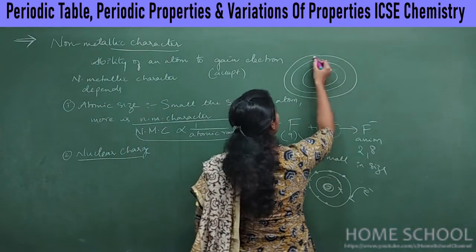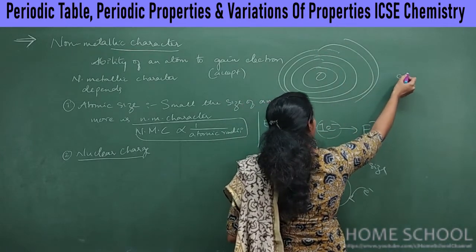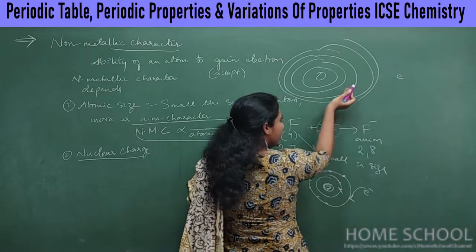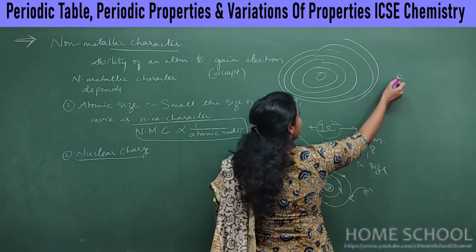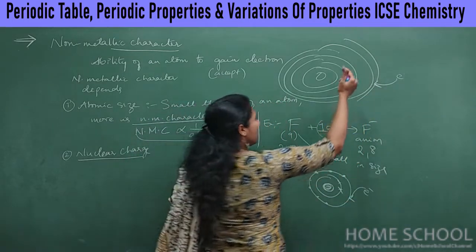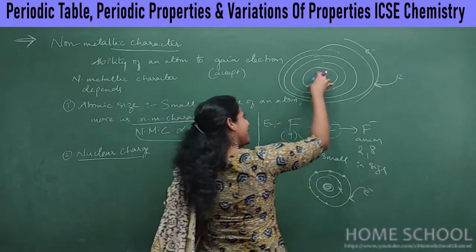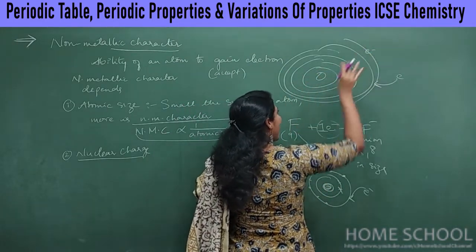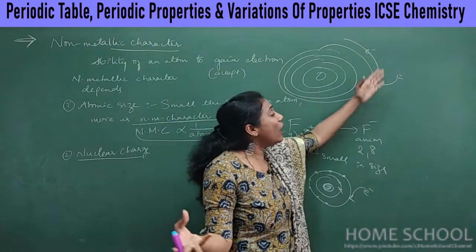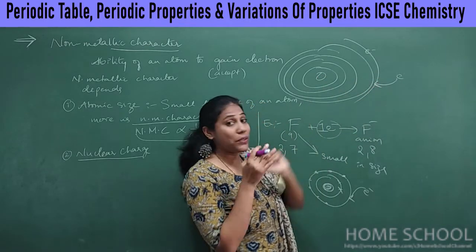You have too many shells, isn't it? Yes. Say your outsider electron, the incoming electron, if it is coming to this particular atom, it must come and settle in the outermost shell itself. In the outermost shell you would already have some electrons, and since the distance is very high, these electrons are not getting nice attraction. Then how can the extra electron coming from outside get attraction from the nucleus?